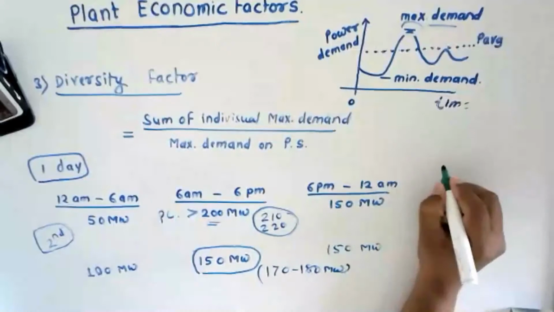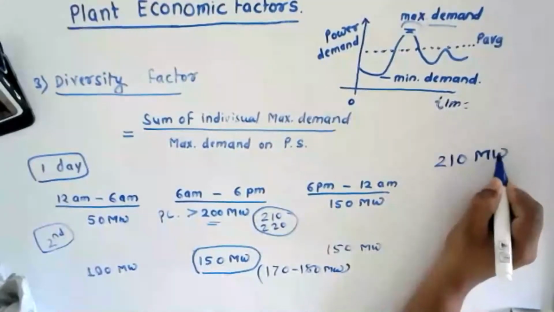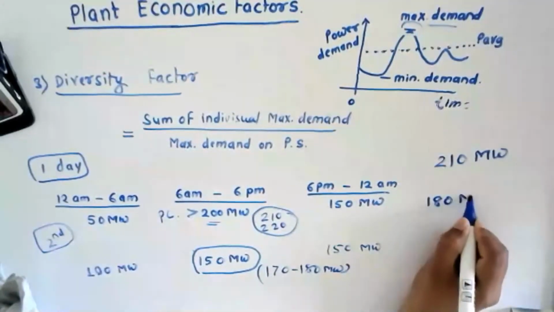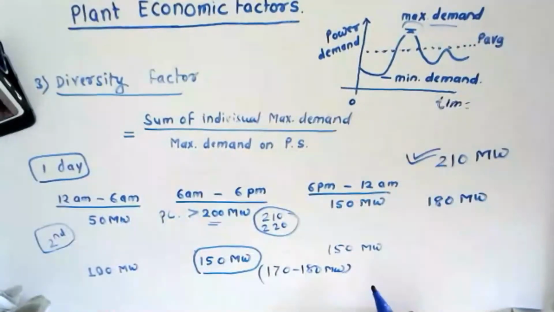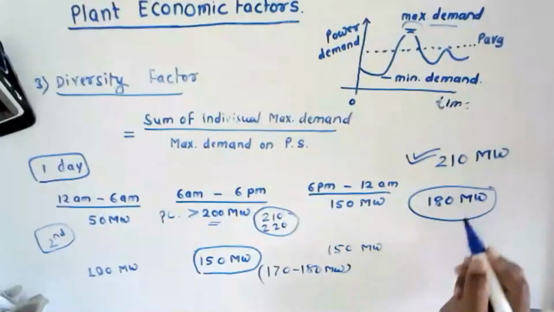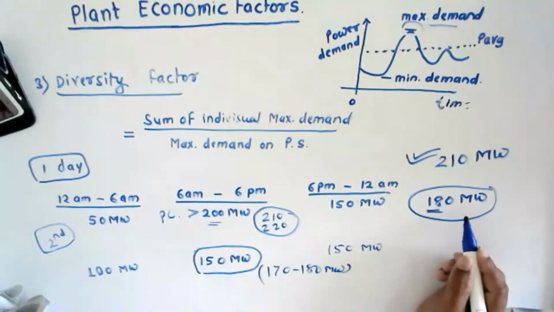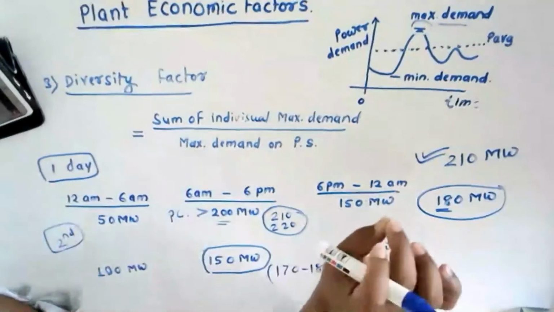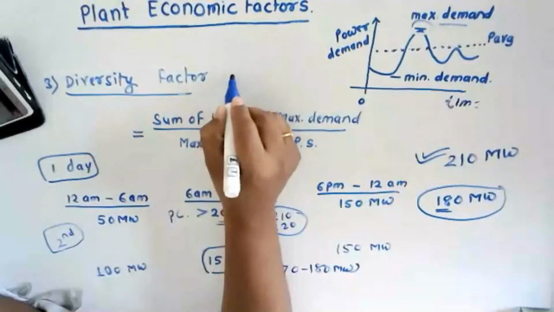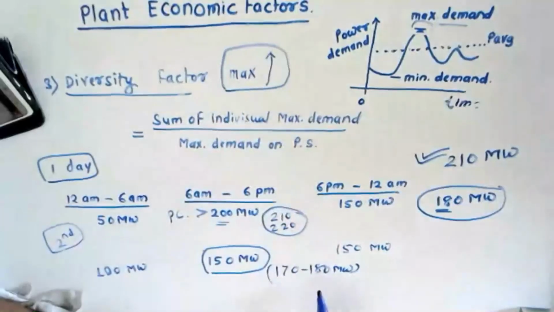Okay. So obviously, installing a 210 megawatt thermal power plant versus a 180 megawatt thermal power plant, which will cost more? The 210 will cost more. So obviously I am going to prefer the 180 megawatt of thermal power plant to minimize the capital cost of the thermal power plant. So hence the diversity factor is very much important. The diversity factor should always be maximum, as high as possible. Okay, so hence